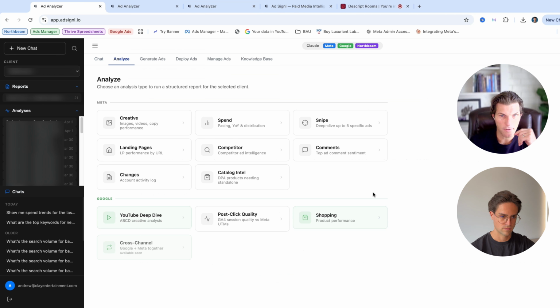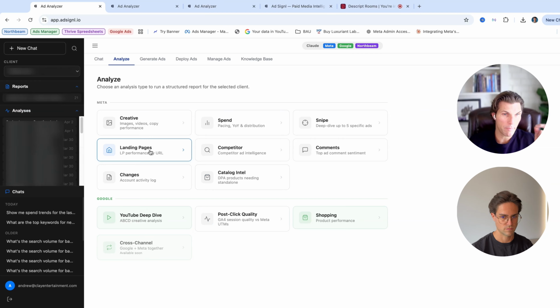We've also got some other fancy reports in here for catalog intel, where you have a brand, they have maybe 5,000 products in the catalog. There's some opportunities there that maybe are being overlooked. So let's have it run an analysis on the catalog. Let's see if there's any opportunities in the catalog for us to cherry pick, or we want to look at post-click quality from GA4. Let's look at, and this is a huge gap that we're working to fix between brands